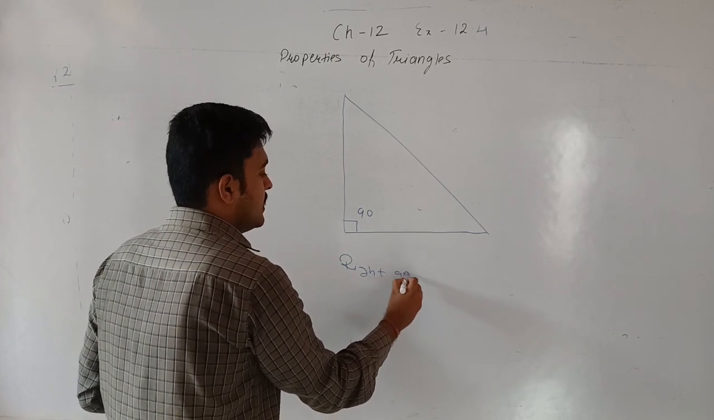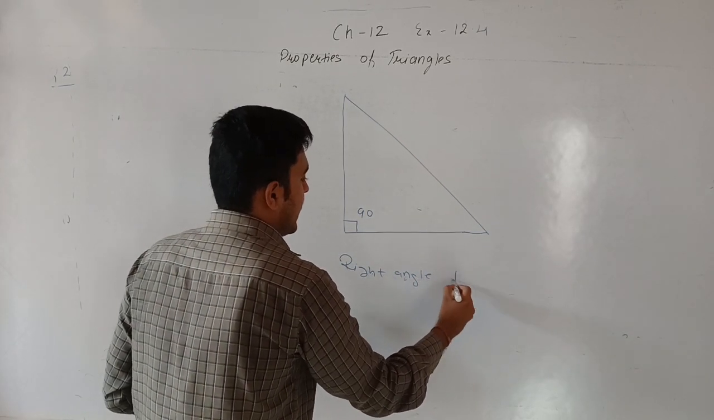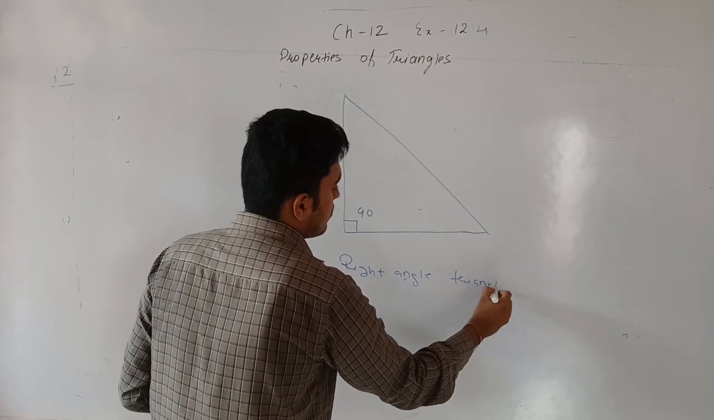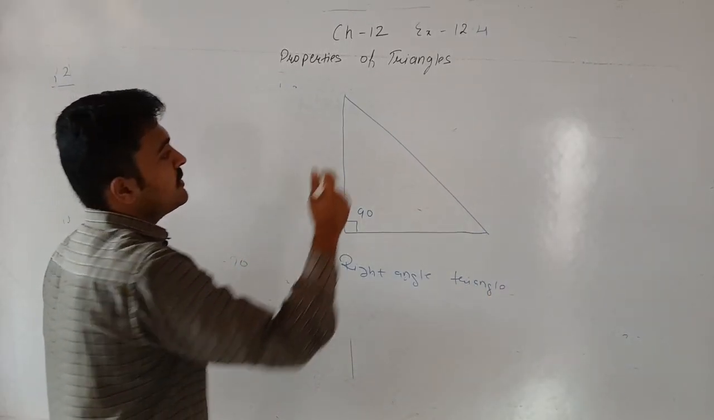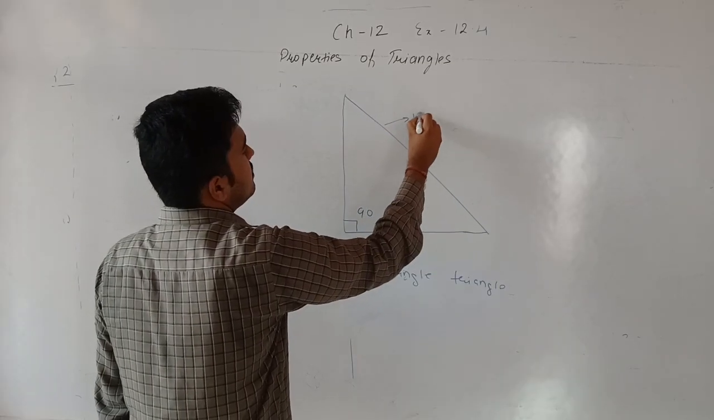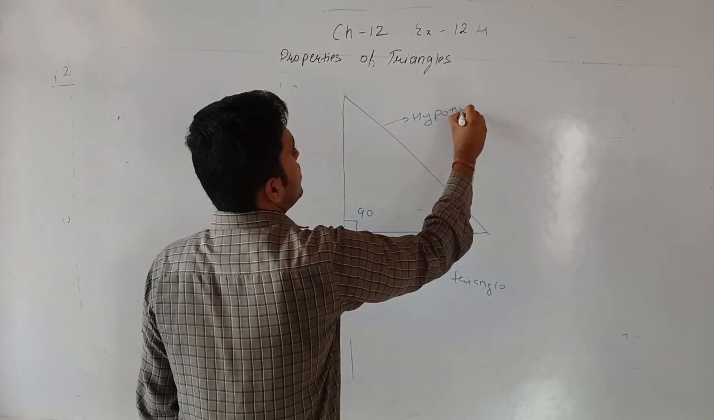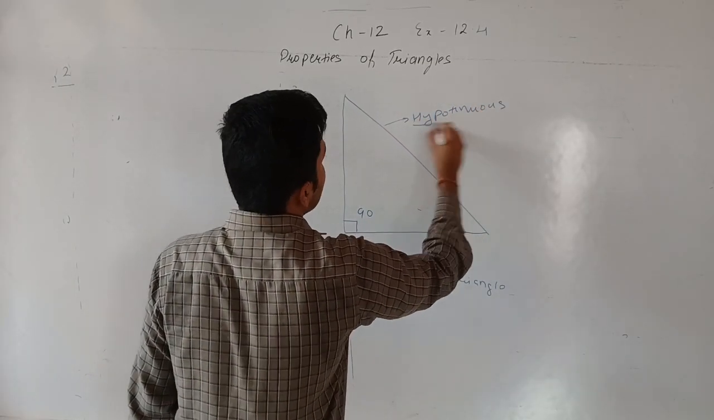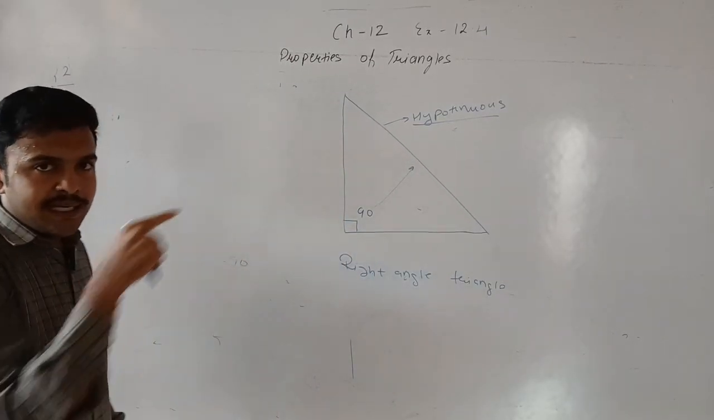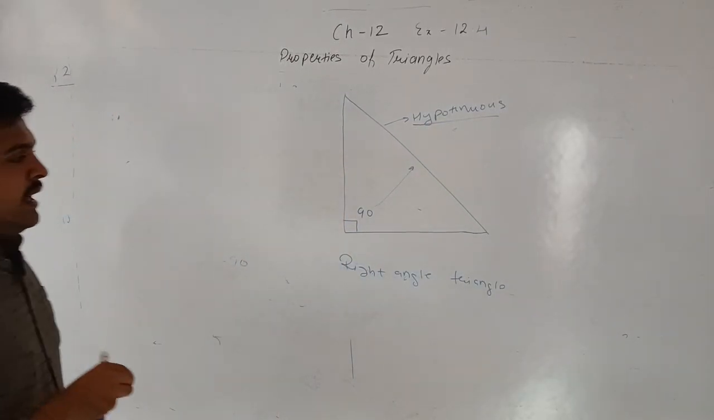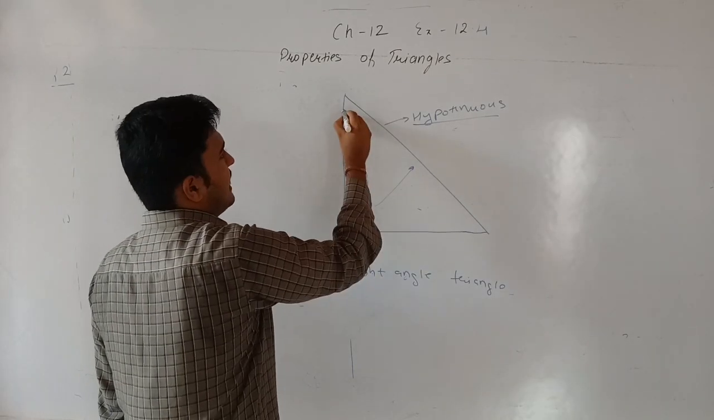One angle is equal to 90 degrees. So if the angle is 90, it is a right angle triangle. The side of the triangle which is opposite to the 90 degree angle is the hypotenuse. So hypotenuse is the side which is